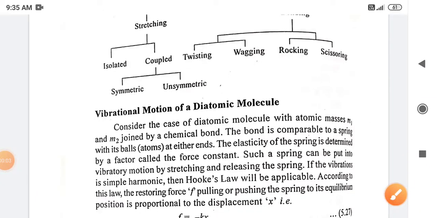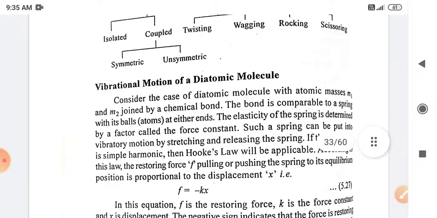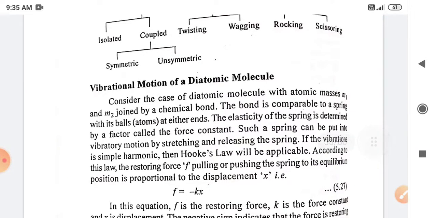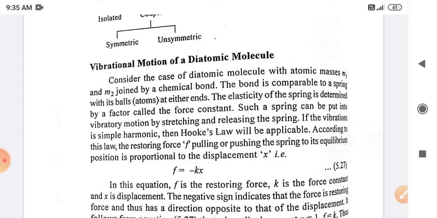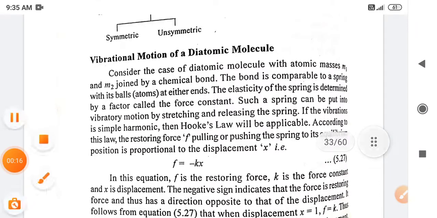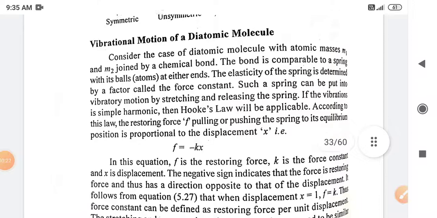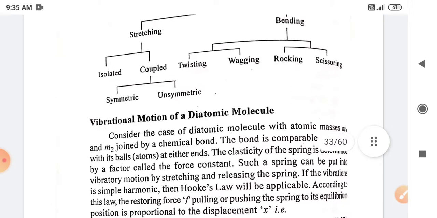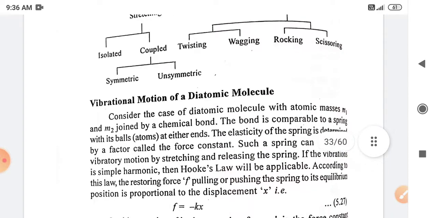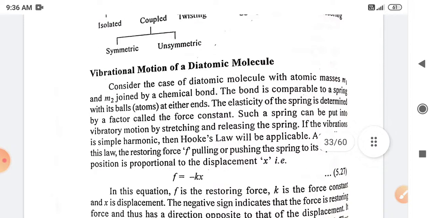In the previous lecture we finished with the various modes of vibration in the given molecules. So there are different types of arrangement in the molecule that will take place. There are various types of vibrational motion, either stretching or bending type of vibration in the given molecule, and also there are the symmetric, unsymmetric, and the twisting, wagging, rocking, and scissoring types of bending in the given